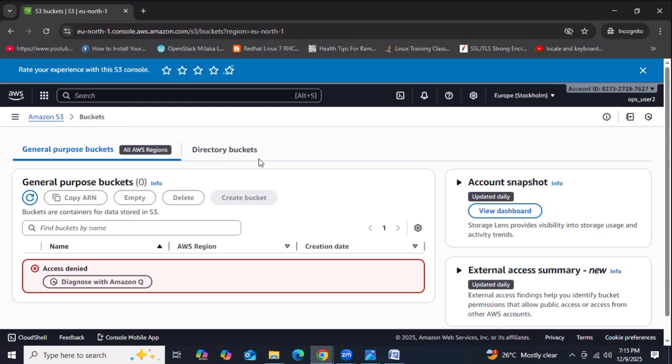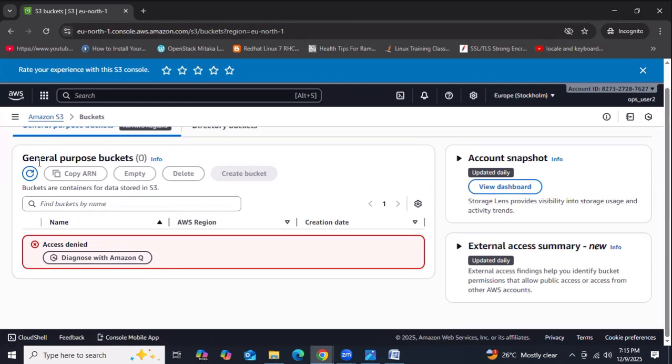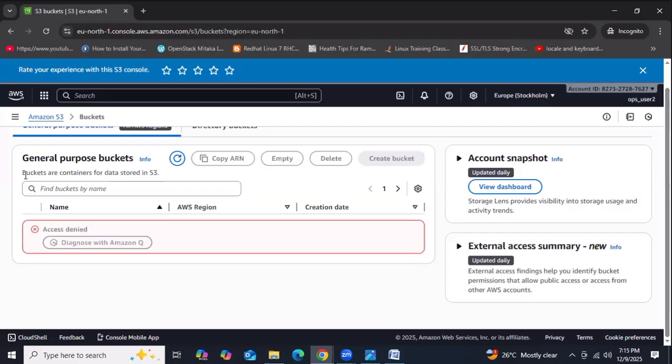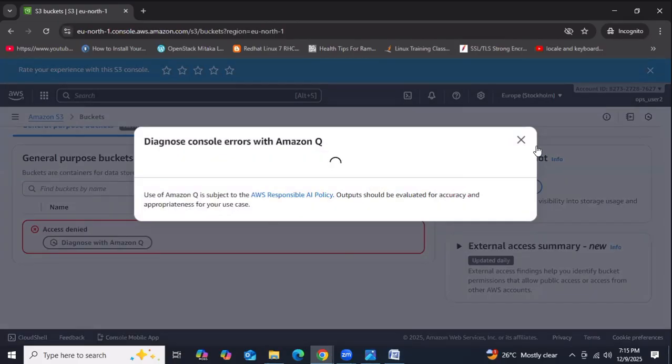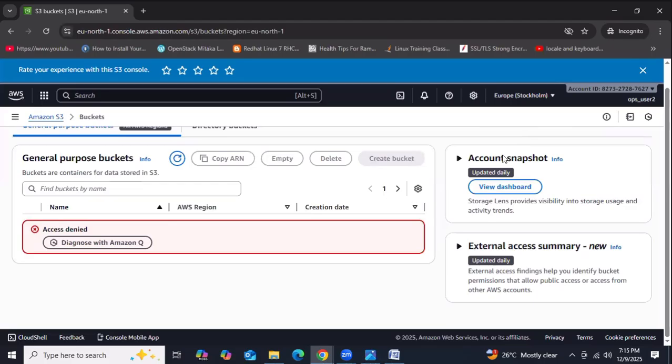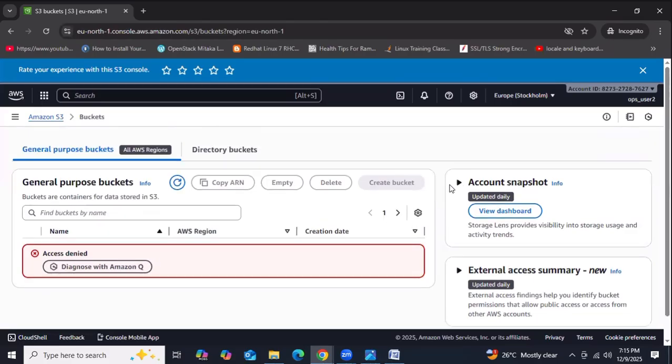Then I hope you got it, guys. Okay, so we need to provide the full permission, then only it is going to create. But here, I hope you got it, guys. So now we are going to create the bucket with another user, and then let's try to delete the bucket. You are unable to delete. I hope you're clear. Yes, no?